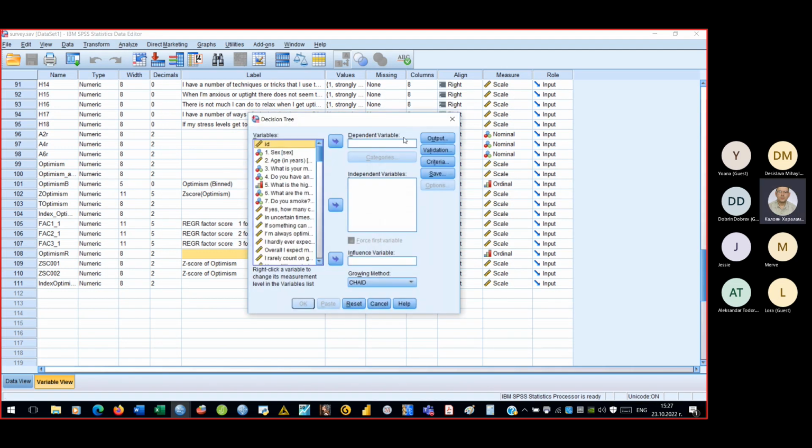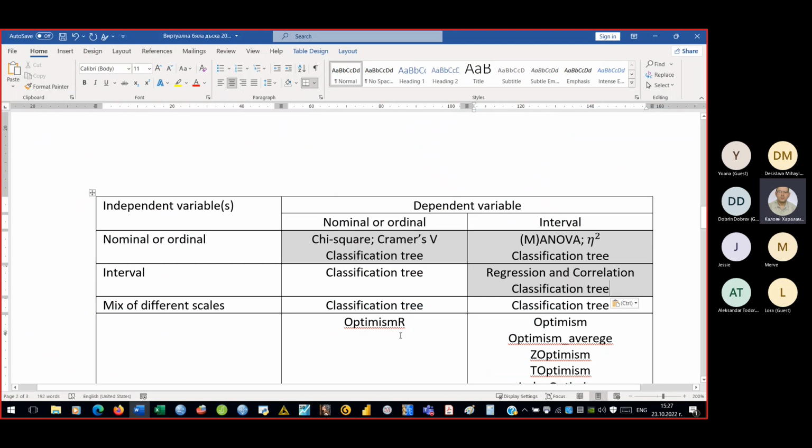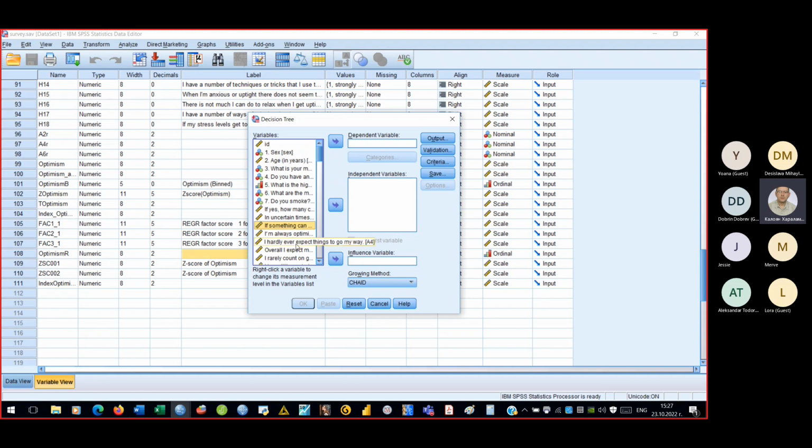And now the dependent variable. I will start with the first example, nominal or ordinal, in our case ordinal dependent variable, optimism R. So I will move optimism R into the field dependent variable, and now I can